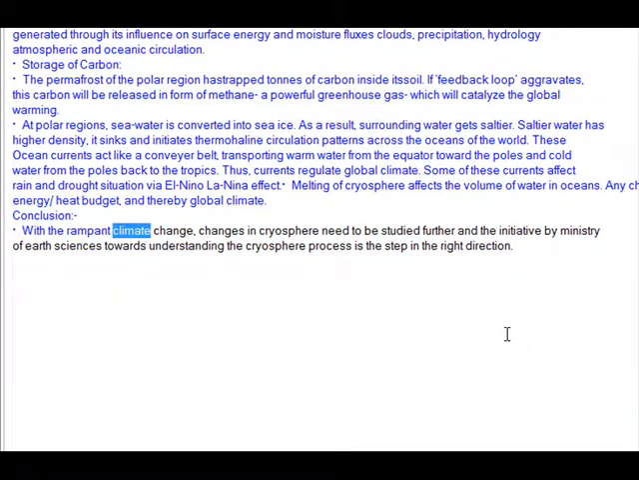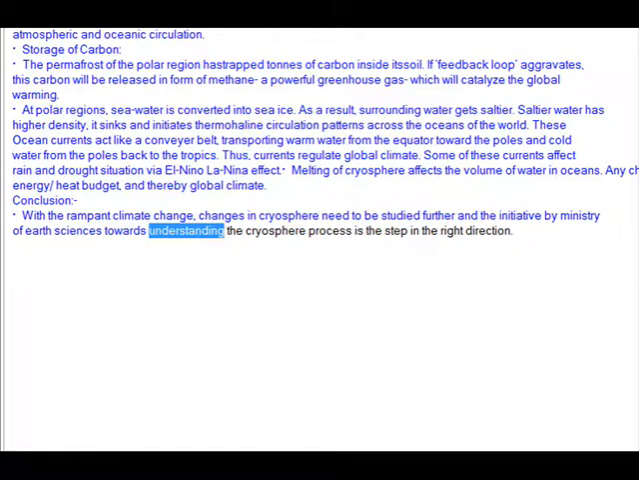Conclusion. With the rampant climate change, changes in the cryosphere need to be studied further, and the initiative by the Ministry of Earth Sciences towards understanding the cryosphere process is a step in the